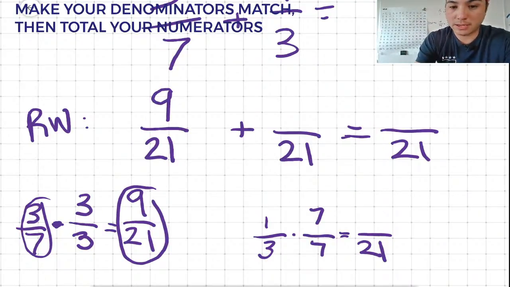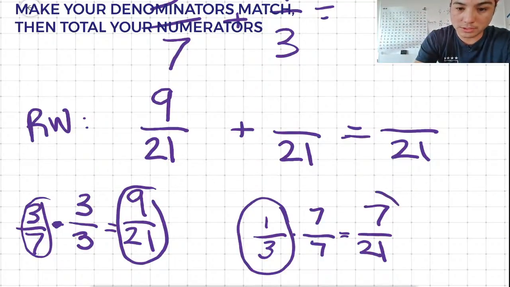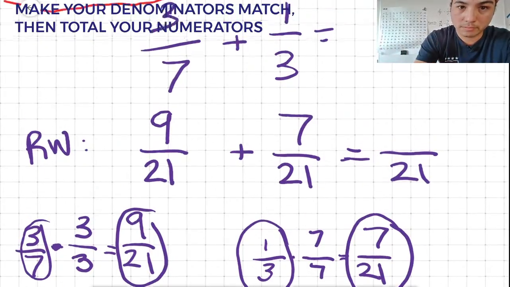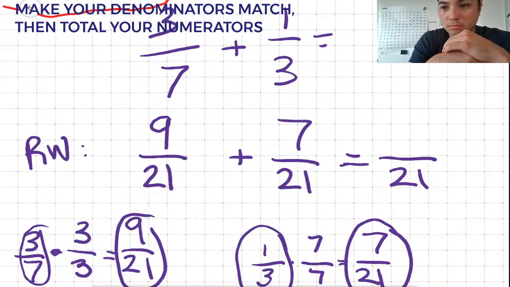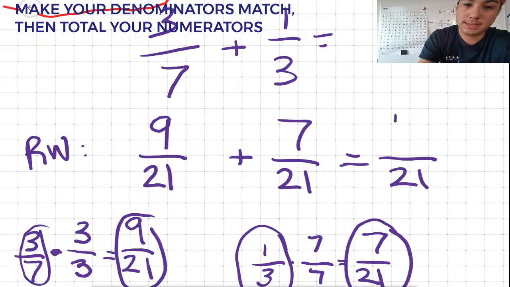1/3 times 7/7 is 7 21sts. 1/3 is equivalent to 7 21sts. So we're going to put it right below. And then we can add to find our answer. 9 plus 7 equals 16